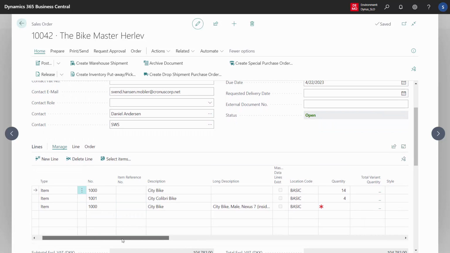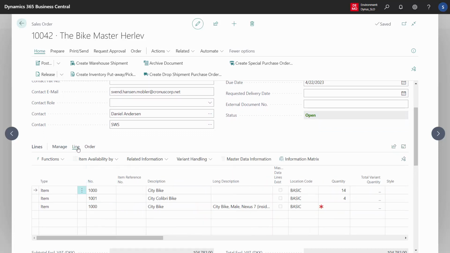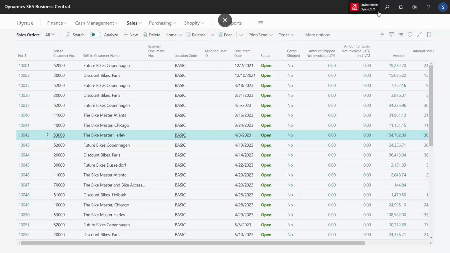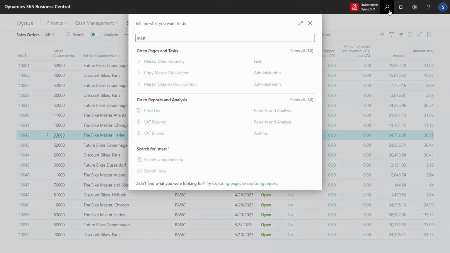I don't have any replicate field on the lines as far as I know. I could scroll right to see it in here. It will also appear in my master data information, of course. If I want to add fields on order documents, I'll go just like on the basic tables. I'll go on my master data information setup